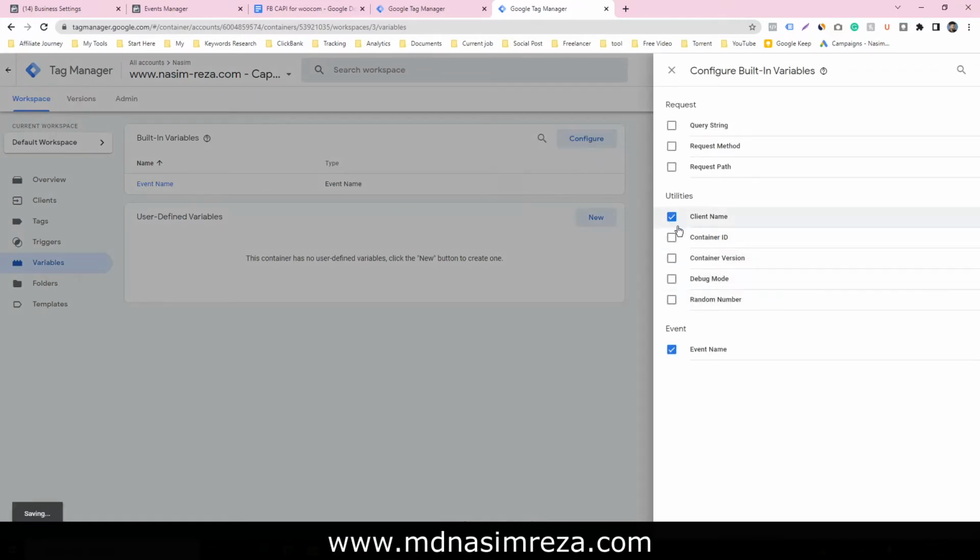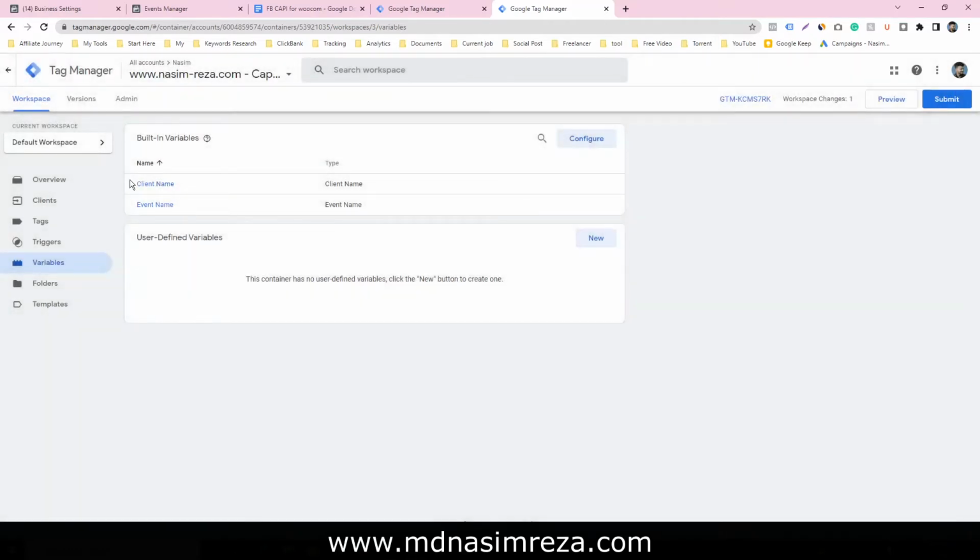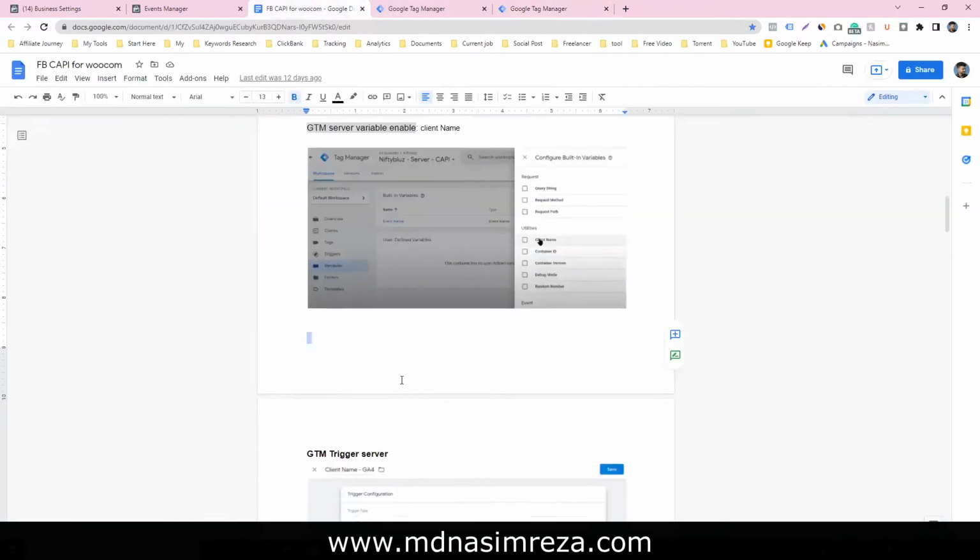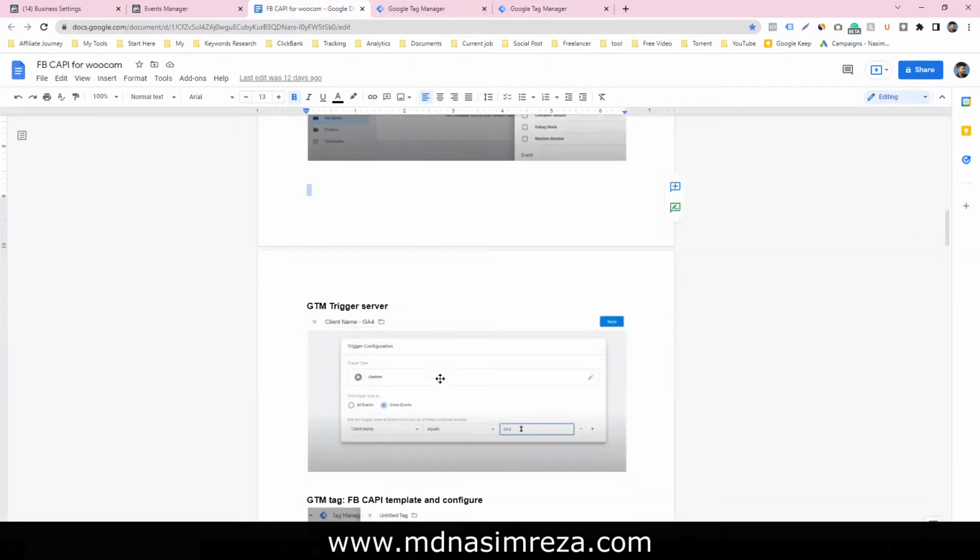Just tick the client name. So our client name variable is enabled, and now make a trigger. The trigger will be a GTM server custom trigger, where client name contains GA4.